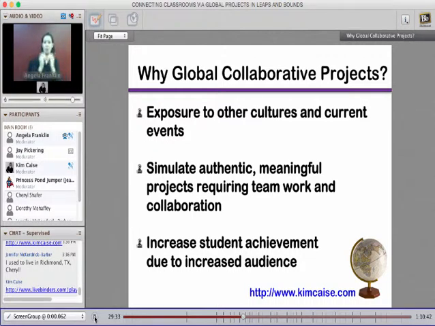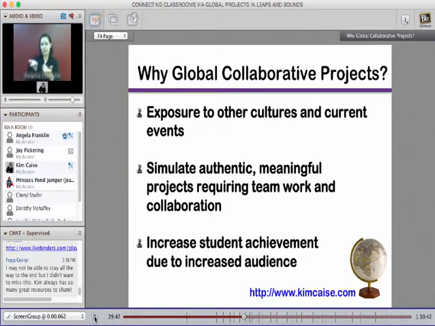And the research to that statement is in the live binder and on my website. I embedded the live binder, so you can go to my website and have all of the resources right there at one spot.